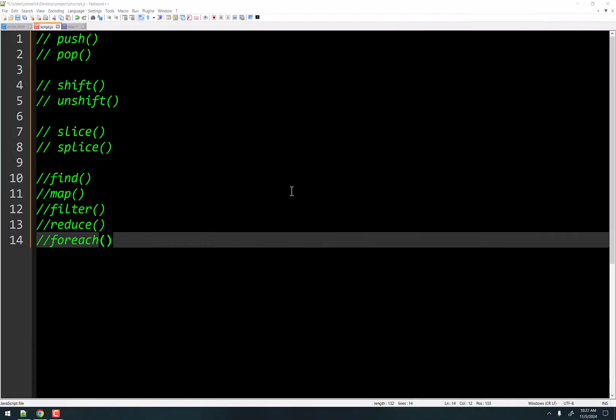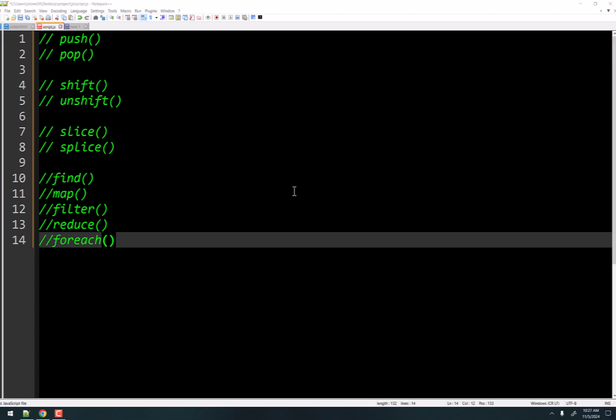So if you take a look right here, you'll see the functions we're going to cover today, and we're going to start slow with some easy ones. And as we get down towards the bottom of this list, they get more and more intricate and a little bit trickier. So strap on your concentration helmets and let's move forward.